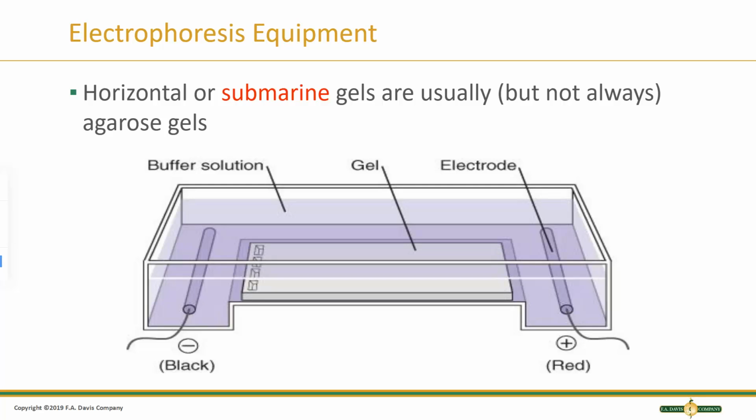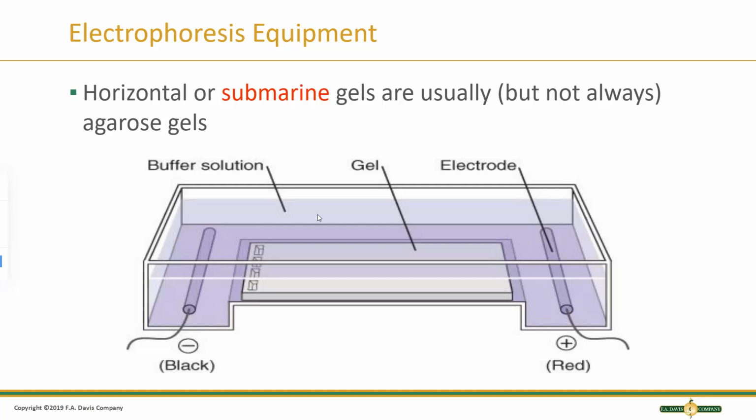Horizontal or submarine gels are usually, but not always, agarose gels. So here is usually the black electrode, which has the negative charge. Here's the red one, which has the positive charge. We load our samples into the wells here and then turn it on, and they're going to migrate in this direction. Now, the reason why people who work with DNA are constantly thinking run to red is because if you